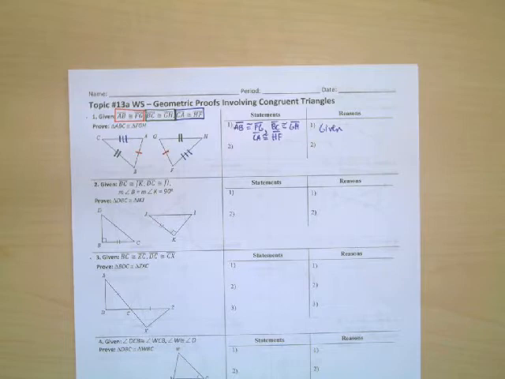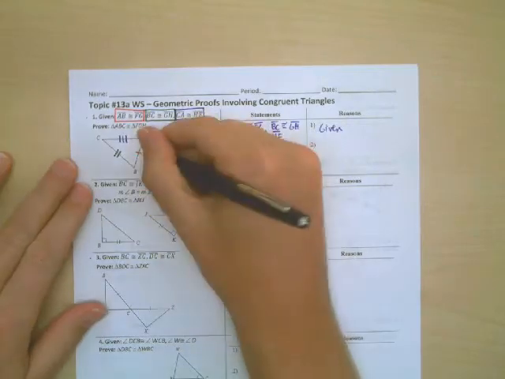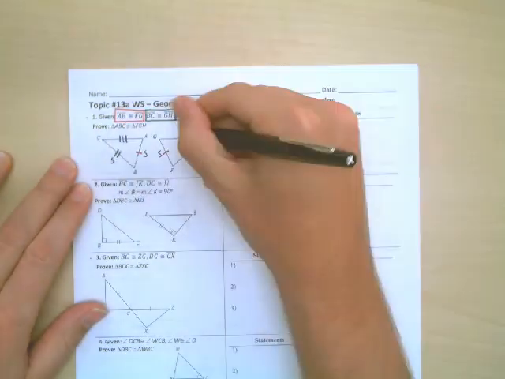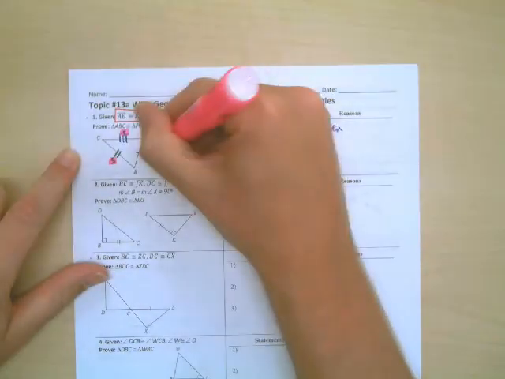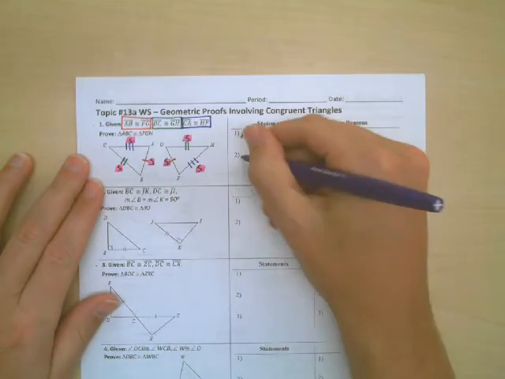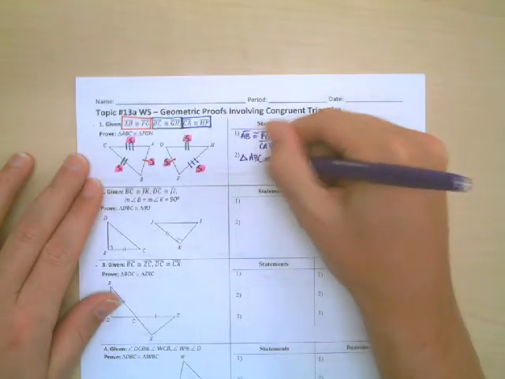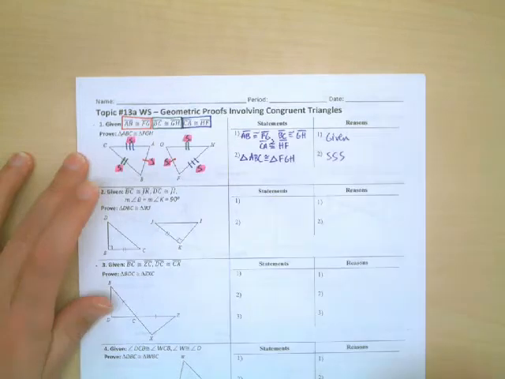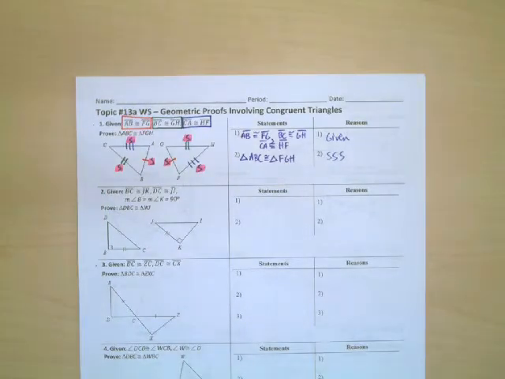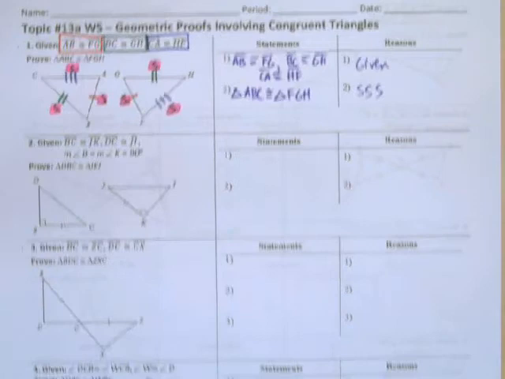Now I'm going to look at my picture and see if I'm ready to use one of the congruence rules. And I am. We have enough information that's marked on our triangles to use SSS. So I'm going to copy down the names of these triangles, ABC, FGH, and write SSS. I'm now going to start to skip around a little bit. I'm going to jump down to proof number 3,